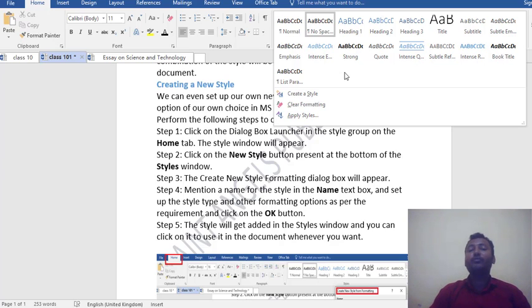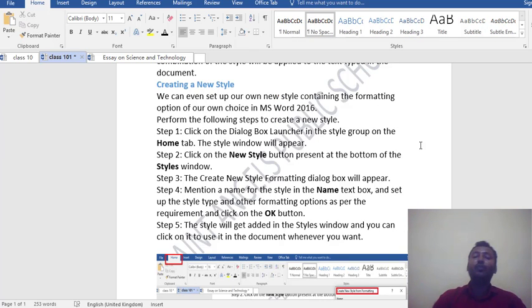MS Word also provides a facility to create a new style according to user requirement. For this we need to follow the following steps.